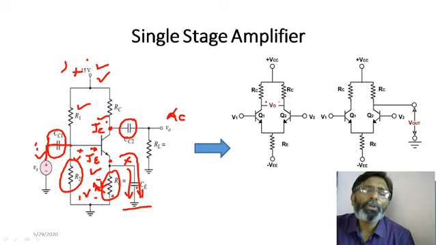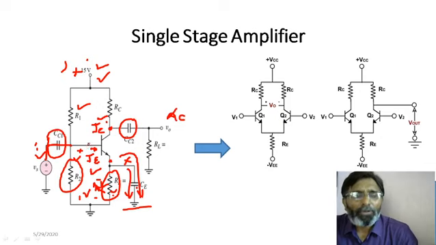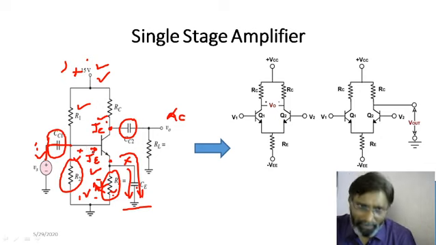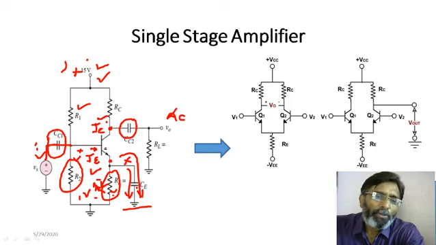Because of that, the net voltage produced across RE will be less as compared to the previous case where CE was not there, and because of that your negative feedback will be reduced, and the effect on the gain will be less. In this way, we can minimize the effect of the negative feedback. At the same time we can achieve the stability also. So, that is why we have these components in this particular circuit.